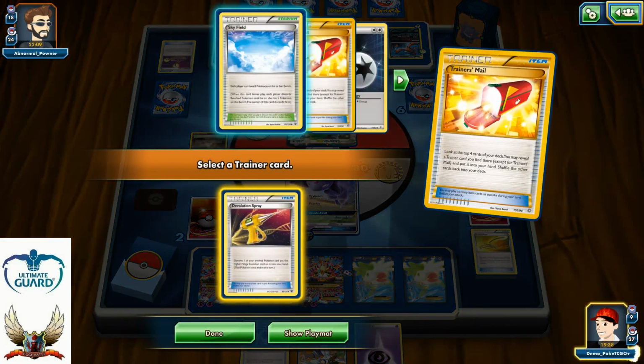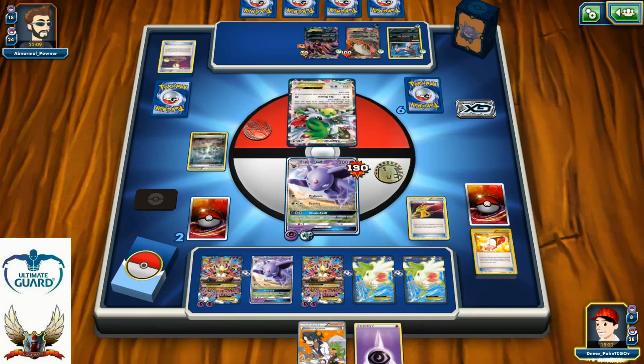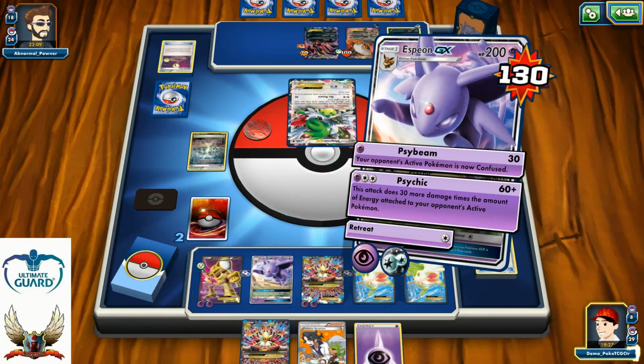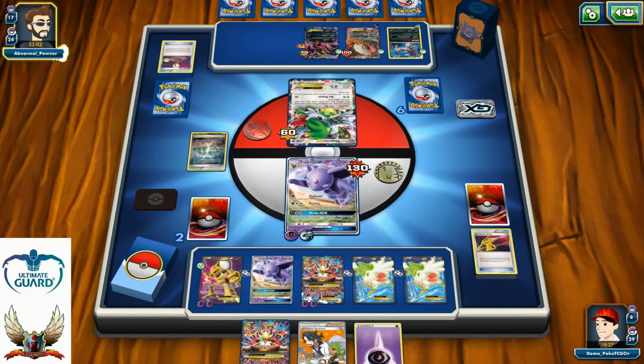Trainers' Mail for Devolution Spray. I can also use the advantage of the Devolution Spray for the next turn. There we go. And guess what? Psychic for 60. Okay. How long can my opponent survive? That's the good question at this moment. That's a really, really good question. Because I can just keep trolling him with my Suppression, putting 3 damage counters, which basically means,